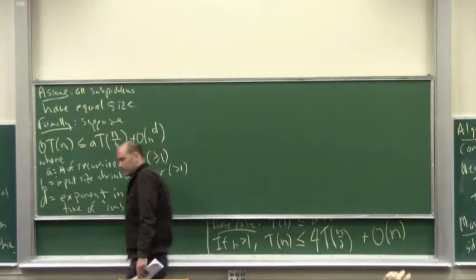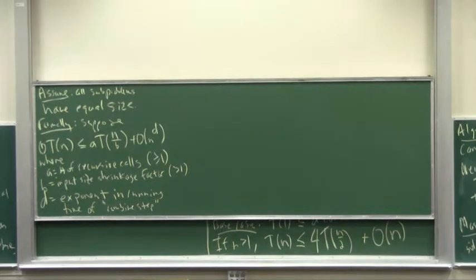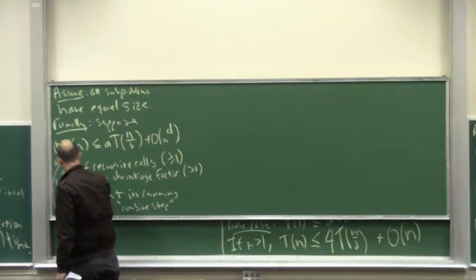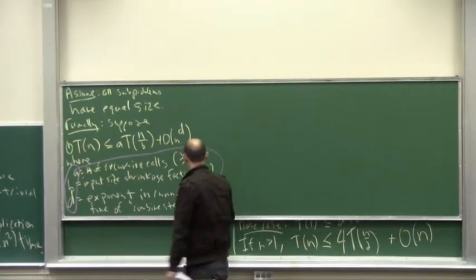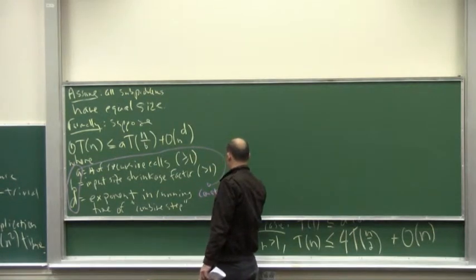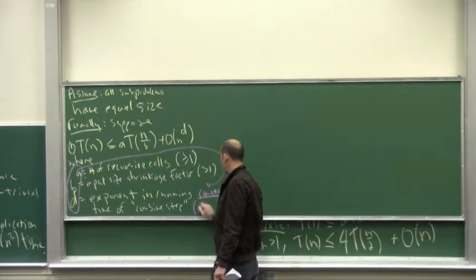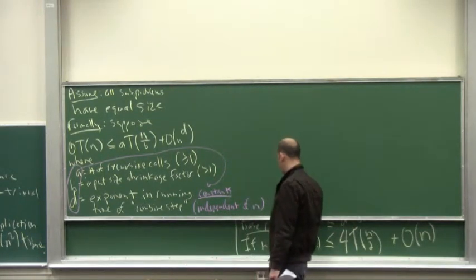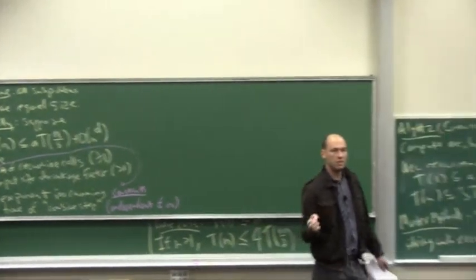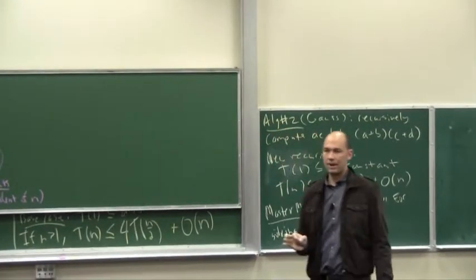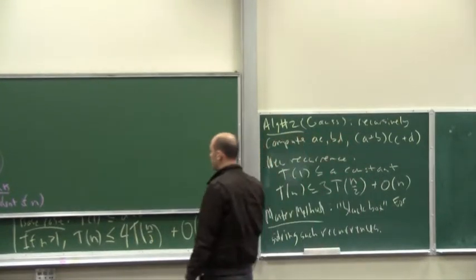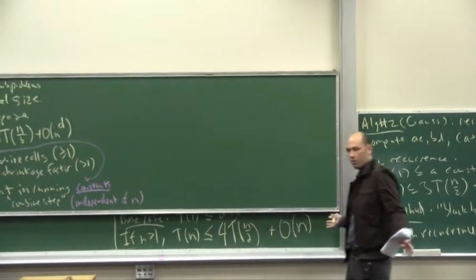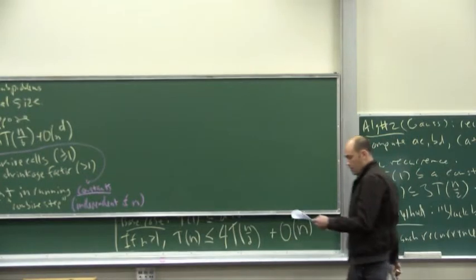All right. So, again, I made a similar comment on Thursday. A, B, and D, these are constants. And again, constant means independent of n. Do not ever apply the master method where you find yourself taking a value of A, B, or D that's a function of n. You're using it incorrectly. Okay? In the same way that the c's and the n naughts from Thursday should be independent of n. A, B, and D are constants. 2, 3, what have you. Okay, and then